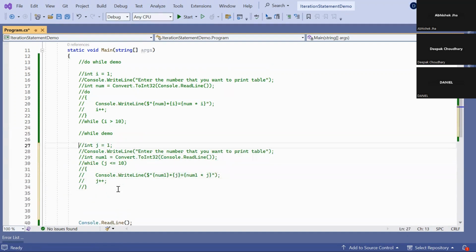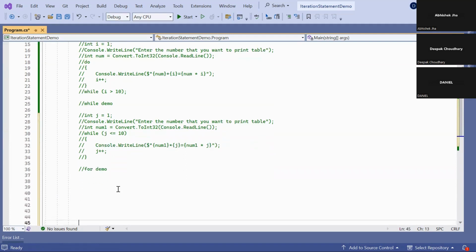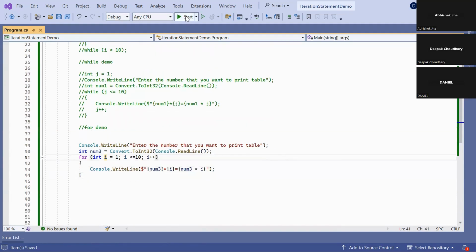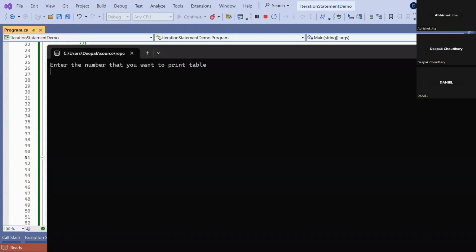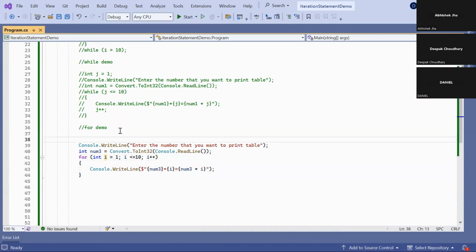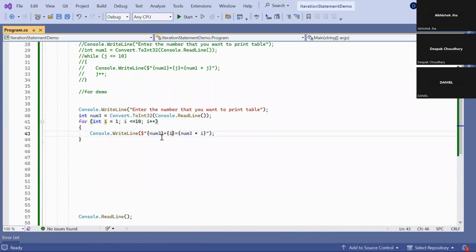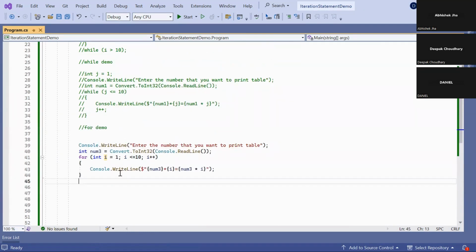Now we understand the process of the for loop, and why we introduce for. So let me do the example. Similar logic, and the result is almost the same. Nothing changed, only the way of implementing the logic is different. The same logic we performed using do while, and the same logic we performed using the for loop. So what will be the difference between while, do while, and the for loop?